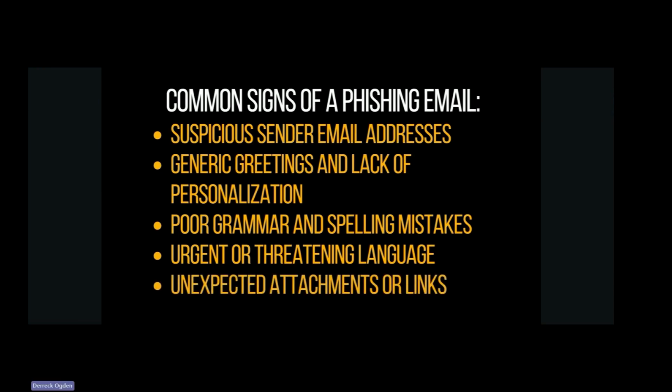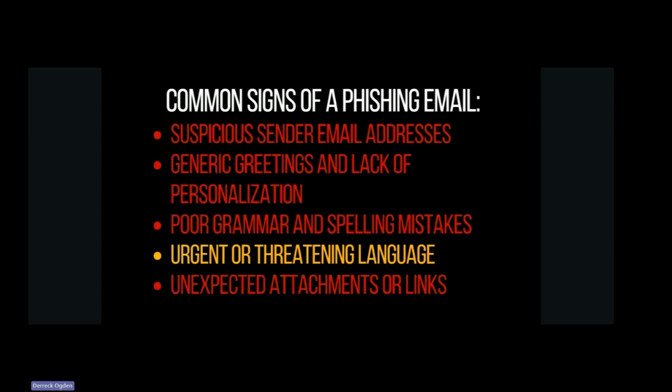Unexpected attachments or links. If you're not expecting an attachment from somebody, or you don't have verification that they're going to be sending you something, don't open it. It's as simple as that. If it's an unexpected attachment or an unexpected link, do not open it. And that's a great rule to just give to your team right now. If you receive an attachment from somebody and you're not expecting it, call them or just delete it if it's not that important, right? Do not open attachments and do not click links unless you are expecting them and they're in a good context, right? Now, let's talk about why some of these things are completely wrong or kind of nuanced.